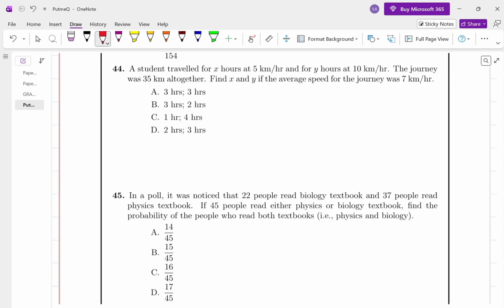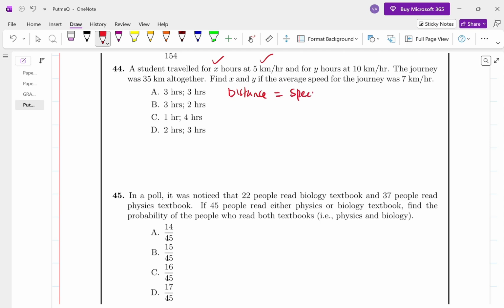Question 44. A student traveled for X hours at 5 km per hour and for Y hours at 10 km per hour. The journey was 35 km altogether. Find X and Y if the average speed for the journey was 7 km per hour. So first things first, this is time and this is speed. So we need to know that distance